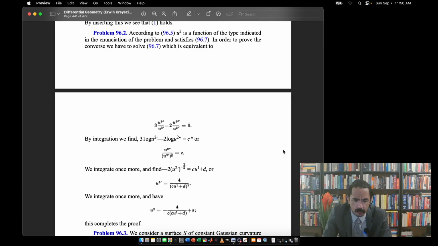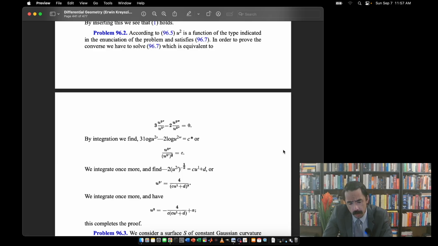In order to prove the converse, we have to solve 96.7, which is equivalent to 3 times u2 double prime over u2 prime minus 2 times u2 triple prime over u2 double prime equals 0. So this is very straightforward. By integration, we find that 3 times the logarithm of u2 prime minus 2 times the logarithm of u2 double prime equals c star, or u2 double prime over u2 prime to the power of 3 halves is equal to